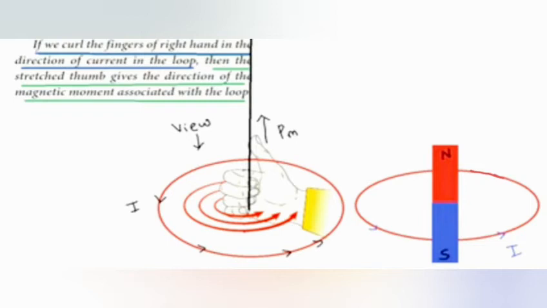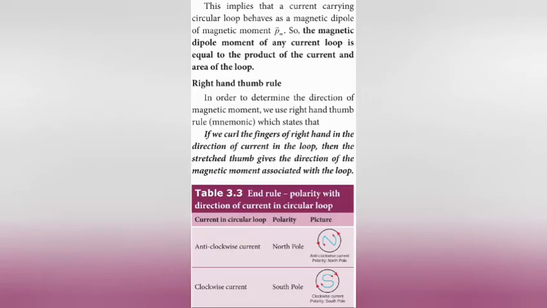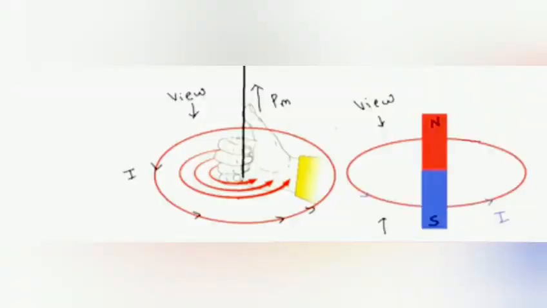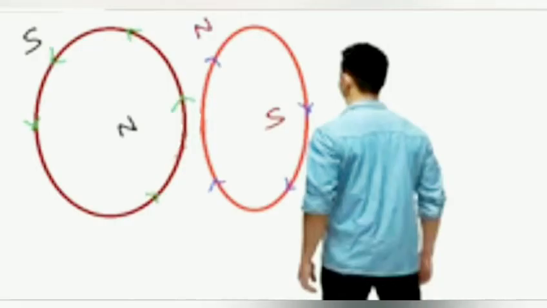So we can consider this loop like a bar magnet. If the current is passing in the anti-clockwise direction, the nearer end is north and the opposite side is south. So like that we have to find the north pole for the anti-clockwise direction. In this other diagram we can see the current passing in the opposite direction, that is the clockwise direction. When it is passing in the clockwise direction, the nearer end is the south pole and the opposite end is known as the north pole. This is easily explained by means of this diagram.